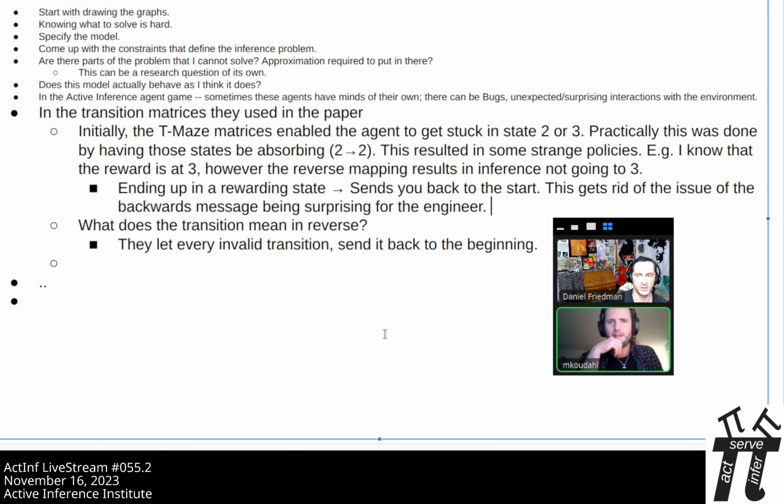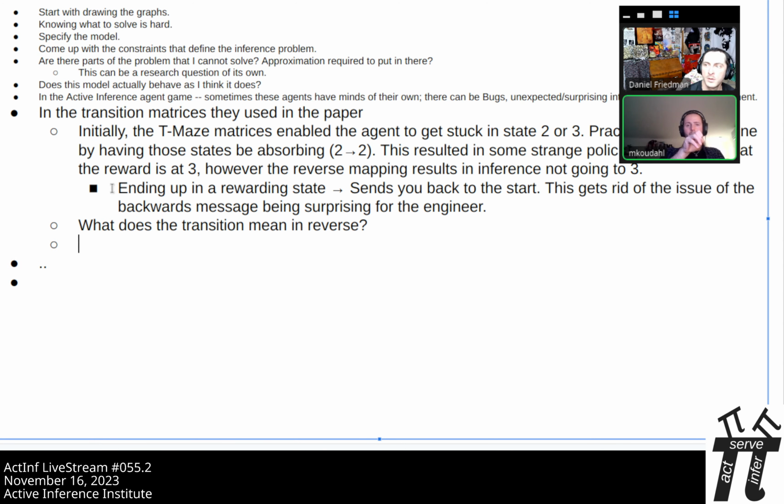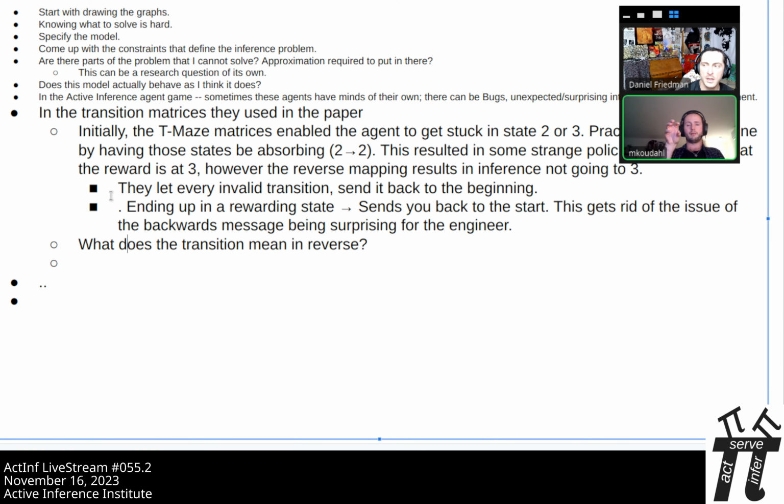So instead you changed it so that the reward state brought you back to the beginning, essentially tucking the end of the trial into the beginning of the next trial, and that better cohered with intuitions around how policy should be selected. So you can think of it also as the backwards message saying, if I go here, where should I come from? So if you are in, say, the rewarding arm, where should you be coming from?